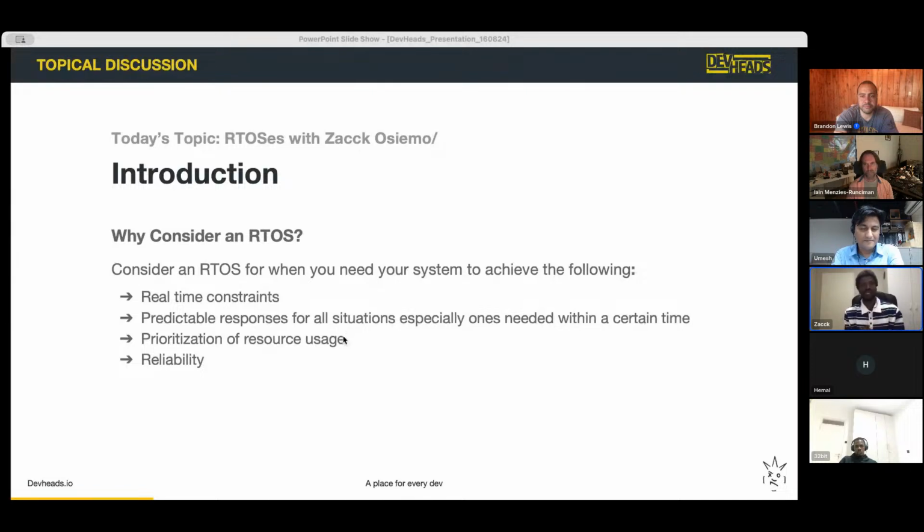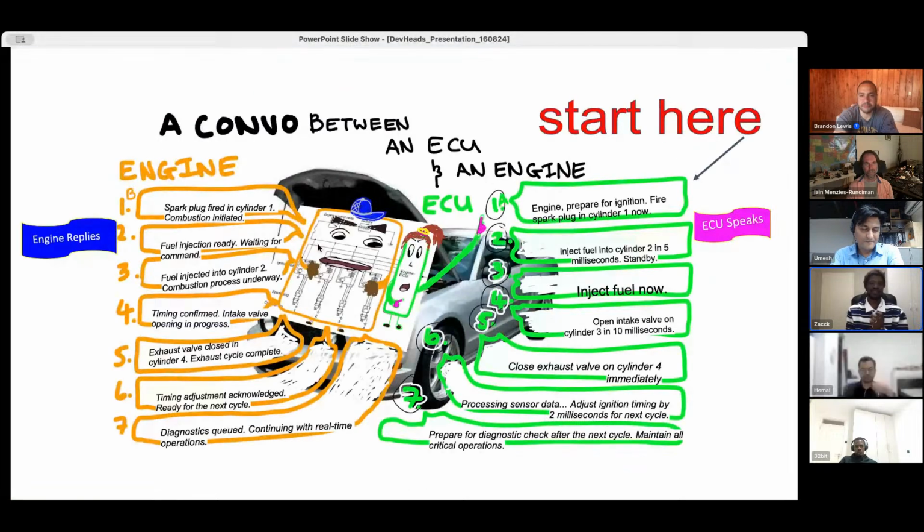You can do the next slide. Let's go through the details and explain these things. Here's an example of when an RTOS would come in handy. It shows communication between an engine control unit and an engine. If you're like me, maybe you're interested in vehicles.